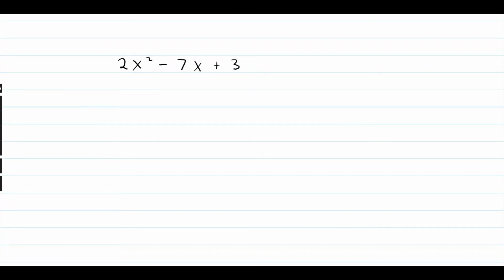Now this time it's going to be slightly different. If you look at this, we've got a coefficient in front of our x squared, so we need to find a different method for doing this. So what we do is we open out our brackets first of all. Now the second thing we're going to do with this particular one, there's a few methods for doing this, but the one I'm going to show you, you're going to take 2 and you're going to multiply it by 3. So you take the 2 of these different ones here. And actually, I'm just going to rub out this part because there's another step we need to take before solving this. So 2 by 3